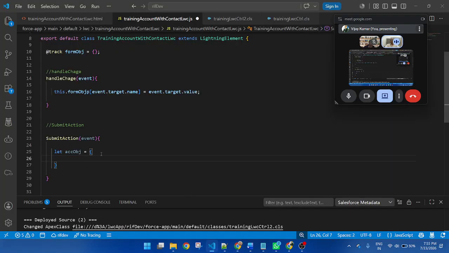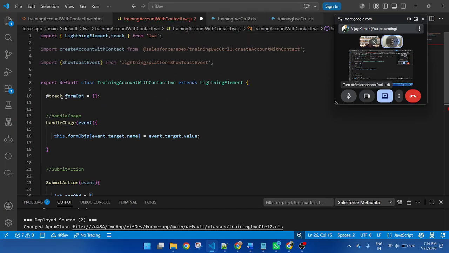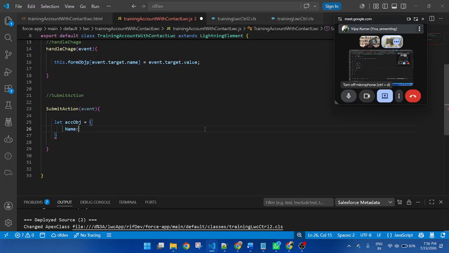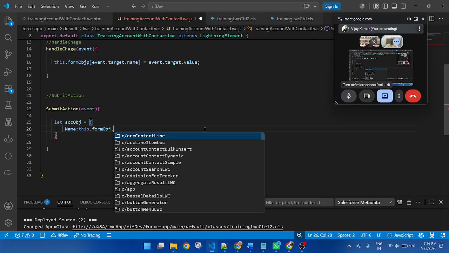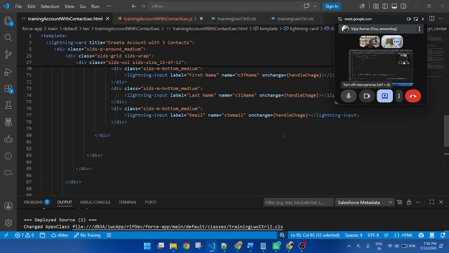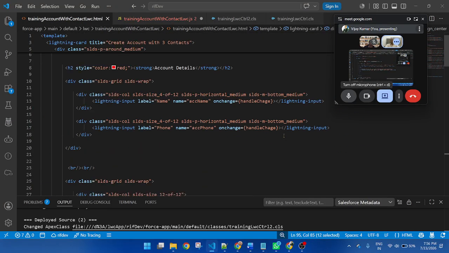There is only one form for account. So here I am creating an object, and an object is key and value. So name, this is the field name of the account, and the value I will get. I am storing the value inside this variable. So I will get the value from this.object.account first name. This one, account name.